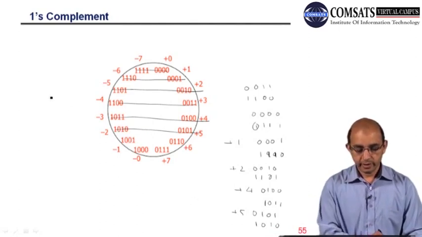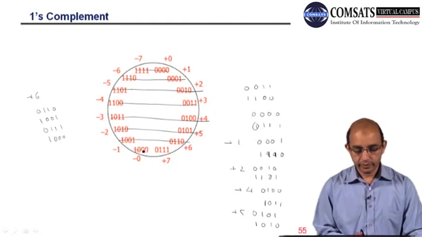For 6 I have plus 6, 0 1 1 0, and I have 1 0 0 1, so I have this, right, so 0 1 1 1, 1 0 0 0, right, so I have this,